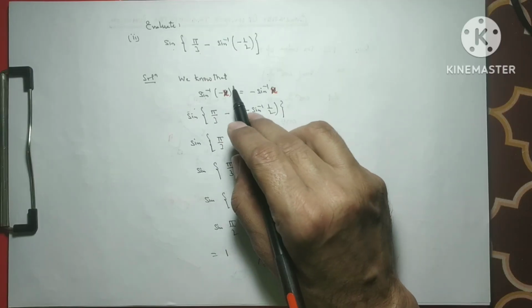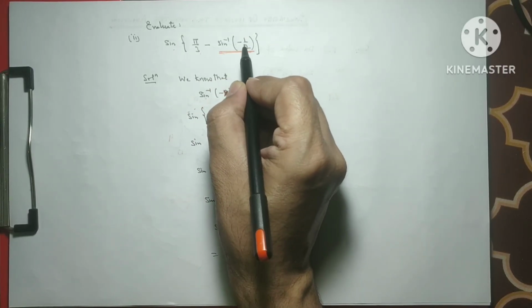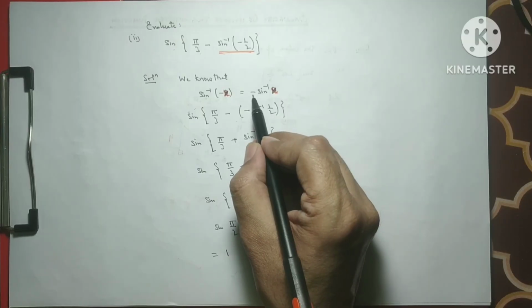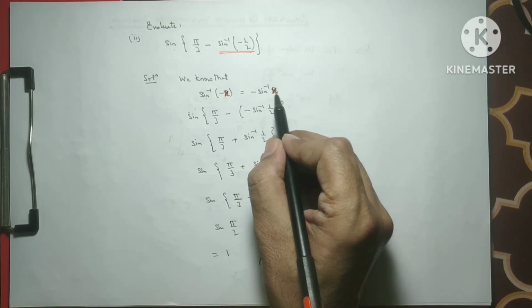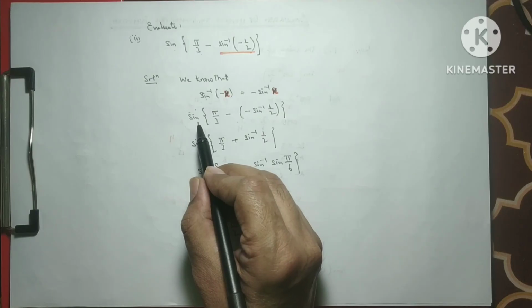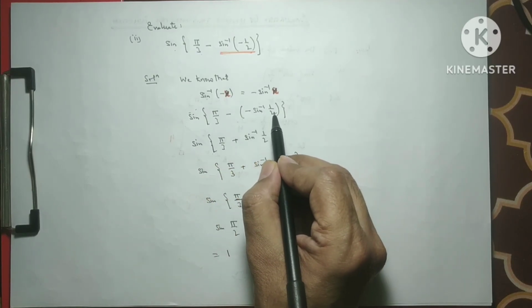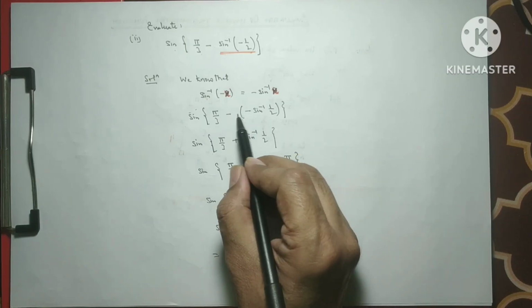So we use this theorem at this place, and this is the sine inverse of a negative number. It means we get minus of sine inverse of this value half. So we can write sine of pi by 3 minus sine inverse half. So it becomes positive